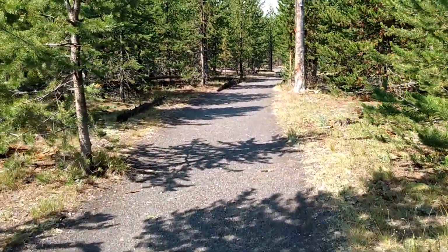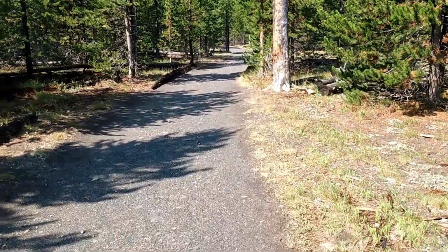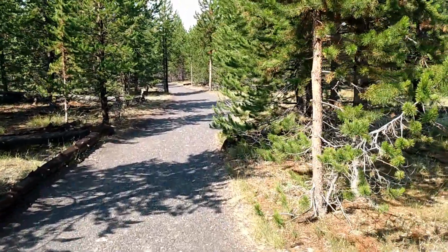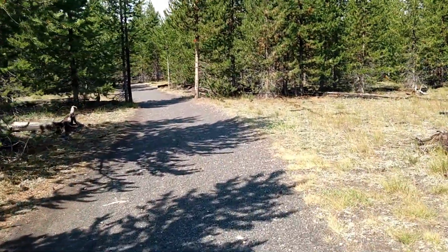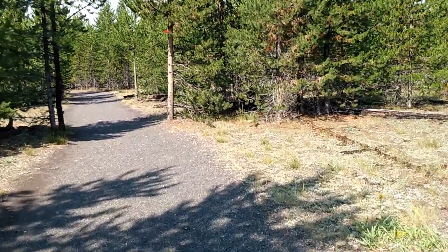Walking up to Fairy Falls, 1.6 miles. This trail seems to be a whole lot less traveled. Yeah, like I was saying, I don't think a whole lot of people want to walk 5 miles on their time at Yellowstone. There's so much to see here